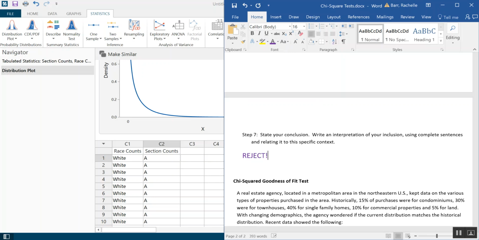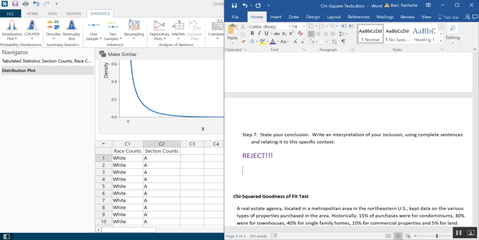Reject. But that's what we wanted. We suspected they were, well, it's not necessarily what we wanted. We don't want racial steering. It's just that, that's what we are appearing to see. Aha! The evidence suggests that racial steering is present between